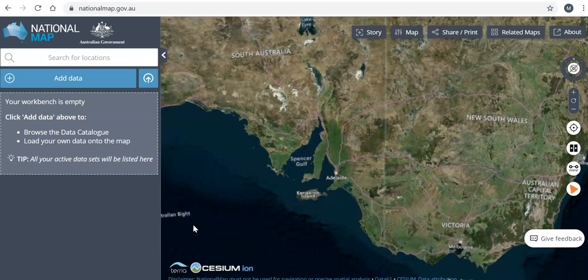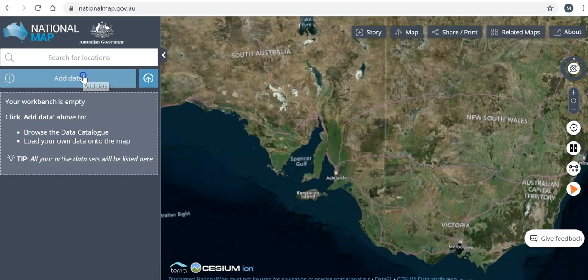In this first lesson you'll be using National Map. This is a really good way of looking at patterns between data, layering different data layers on top of a map and looking for any spatial association, so any links between the two geographical phenomena. Just to give an example of this, not necessarily linked to forestry, you need to go to the add